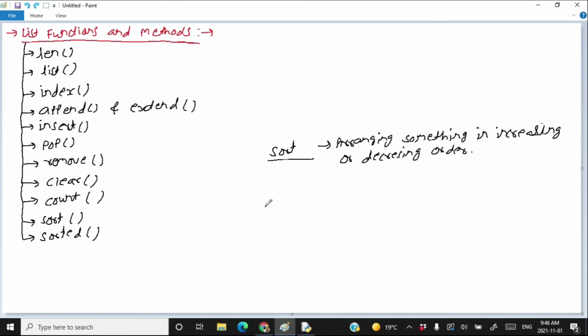You can say that the sort method is specific to list. The sort method sorts only list object, but the sorted method can sort any object. However, after sorting, the sorted method returns a list out of those sorted elements. The sort method works on the list and modifies the list, whereas sorted method does not modify the list. It returns a separate list object containing the sorted elements. So these are sort and sorted methods.